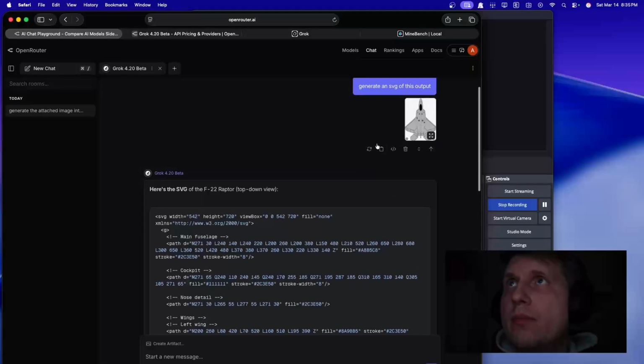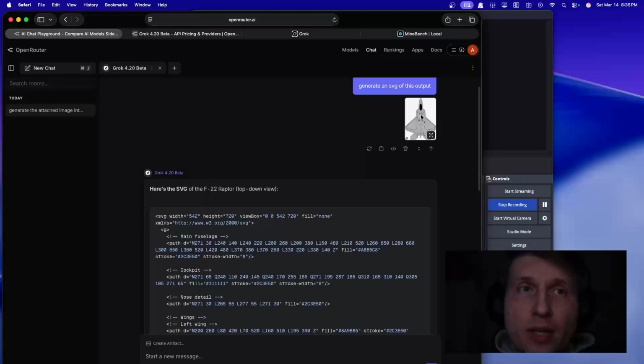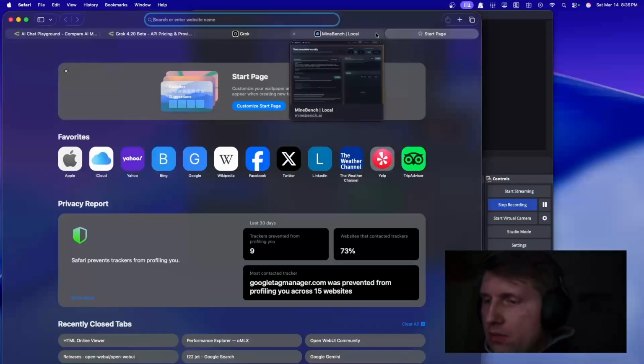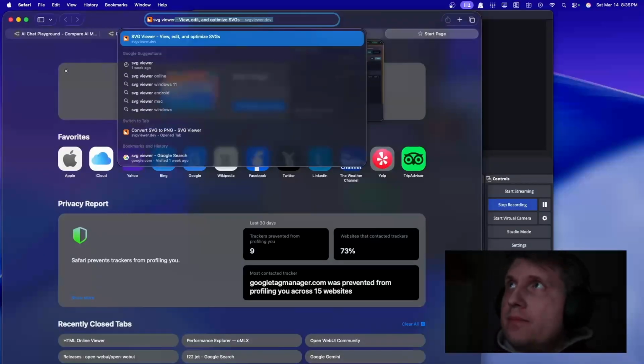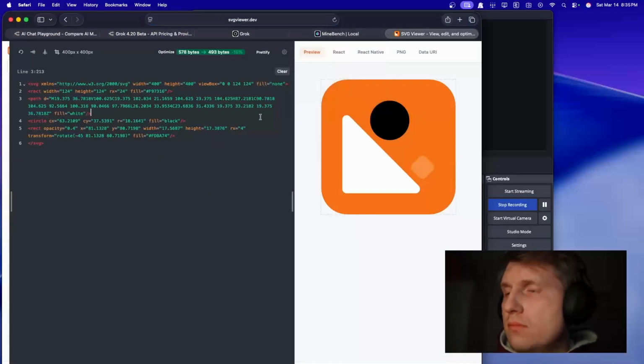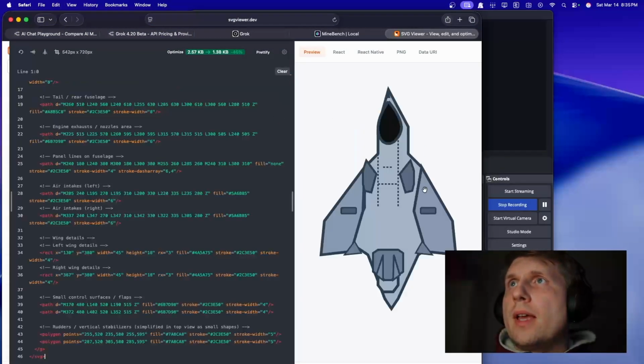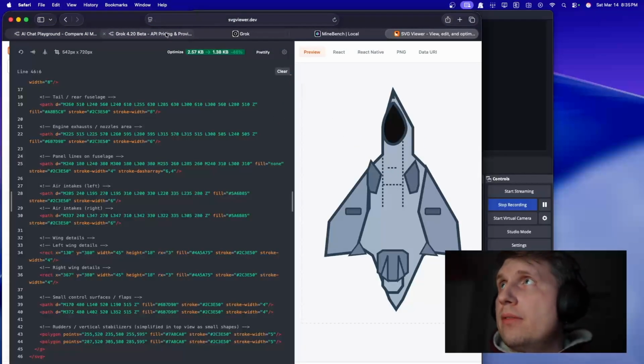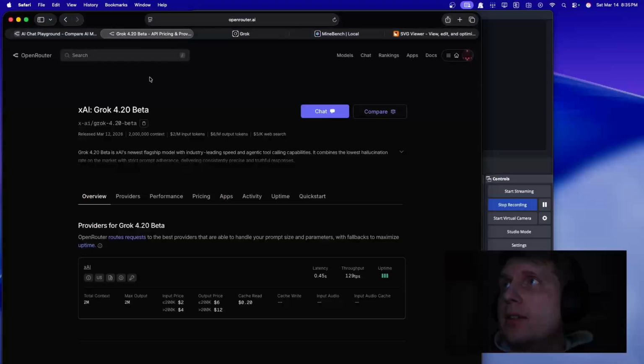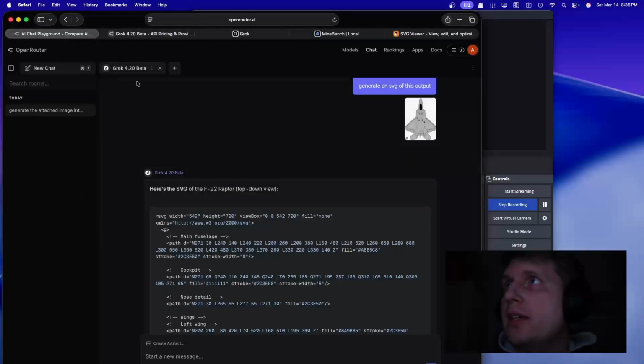So what I basically wanted to do is copy that image and make it out of code. And to visualize it, we go to SVG viewer, and that is not a good output. We're gonna go and apply the reasoning,